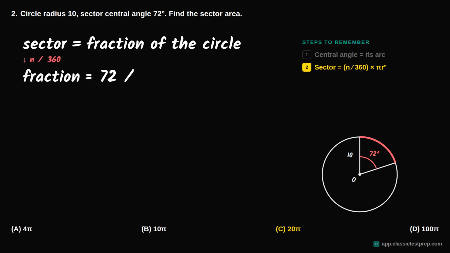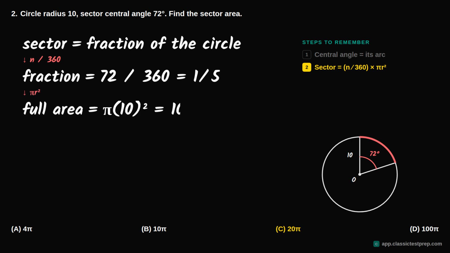Question 2, a circle has radius 10 and a sector has a central angle of 72 degrees. Find the sector area. So step 2, a sector is a fraction of the whole circle, and that fraction is 72 over 360 because there are 360 degrees in a circle, and this sector has a 72 degree angle creating it. So that is actually 1/5, and the full area of the circle is